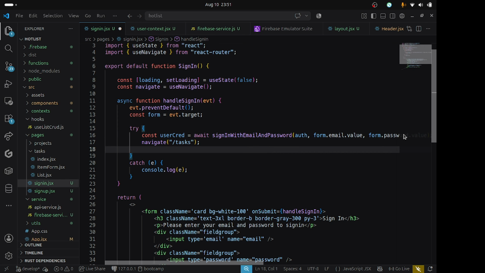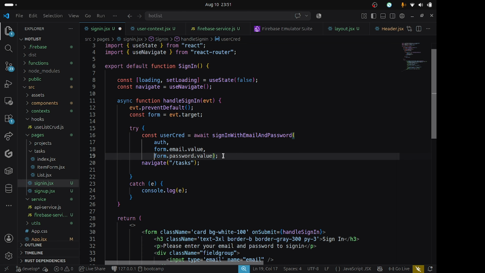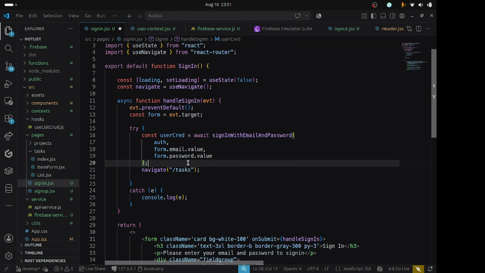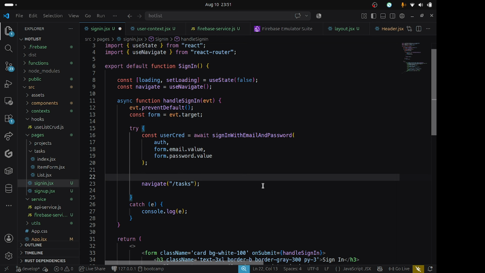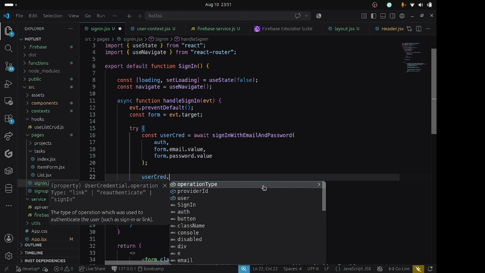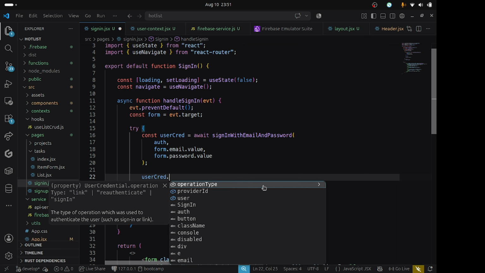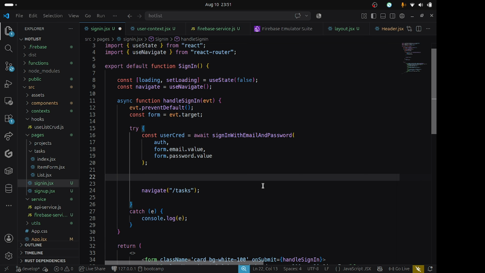And so if we're gonna get the user credentials from this, it means that we can do what we can do here. User credentials. Provide the ID. Okay, we can also do const results equals to